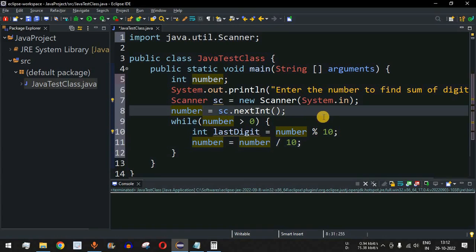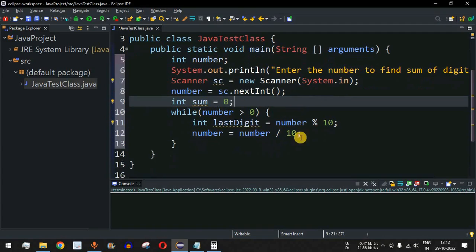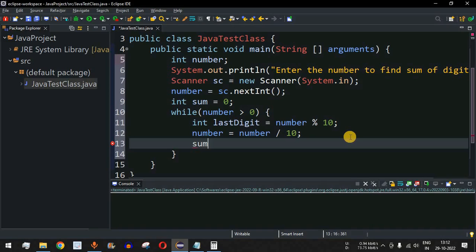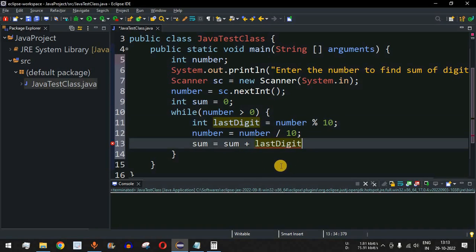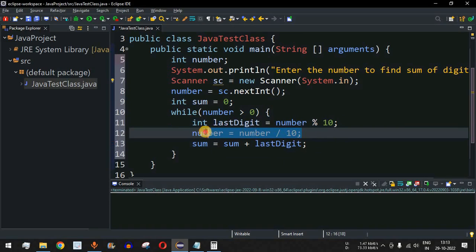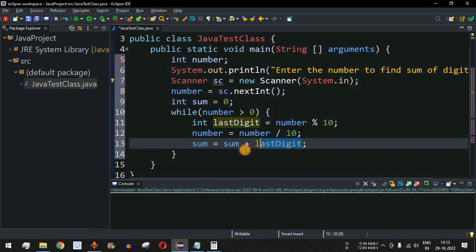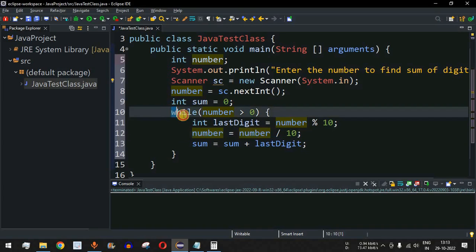And what we will do is, let's say we have a separate variable which will have sum, and initially it is equal to 0. So we will add all the numbers inside this sum. So it is sum = sum + lastDigit. I'll just copy this and paste this over here. So basically this particular statement is getting the last digit of the number, and then the number is being reduced, that is the last digit is being removed from that number, and then again the last digit is being added to the sum variable. Eventually when the number is being divided by 10 and finally the number becomes 0, the control flow will come out of this loop,